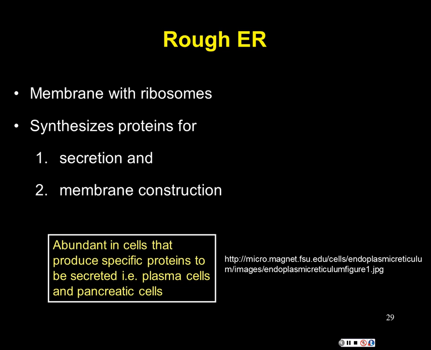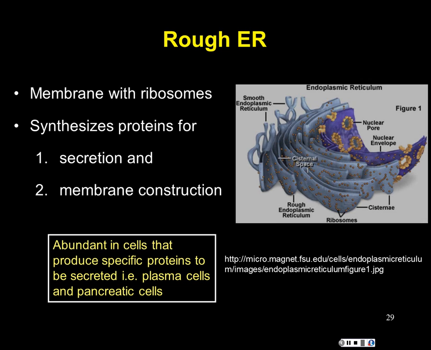In the rough ER. This is really important to know: if a protein is to be secreted, whether it's a hormone or just a transport protein or whatever, it was manufactured in some cell's rough endoplasmic reticulum. And its membrane is usually connected with the nuclear envelope, not always, but usually,